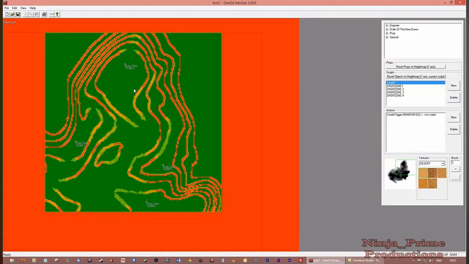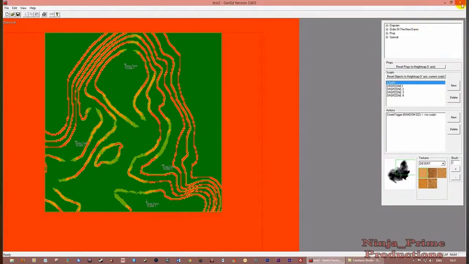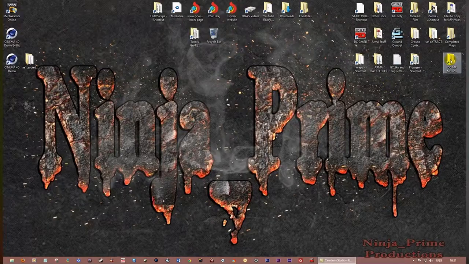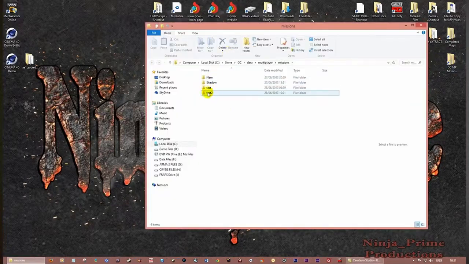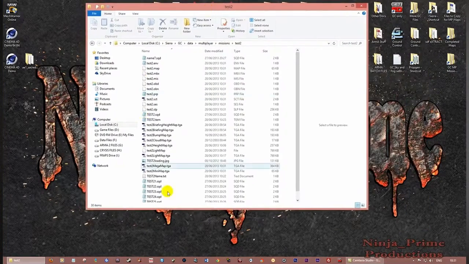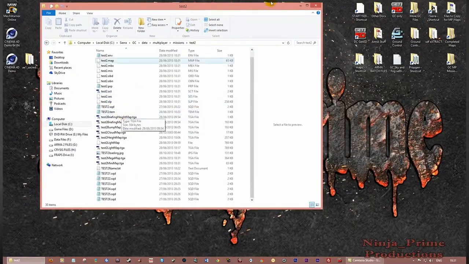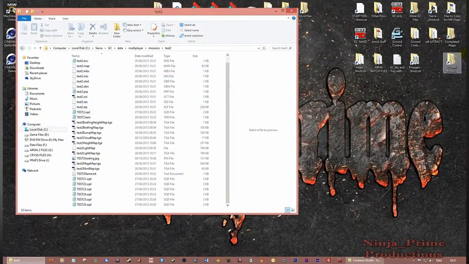Unfortunately, one of the biggest flaws of GenEd, which I've found, is that it doesn't create half the files that you need for it to play, and that's what I'm going to cover next. So if we come out of here, most importantly, save it first, come out. If you go into the actual mission folder itself, which we've called Test2, and open this up, originally in here there were only about 19 files. What I had to do was